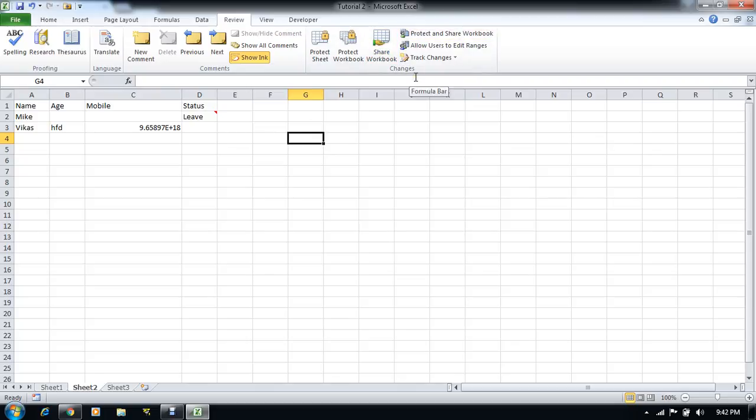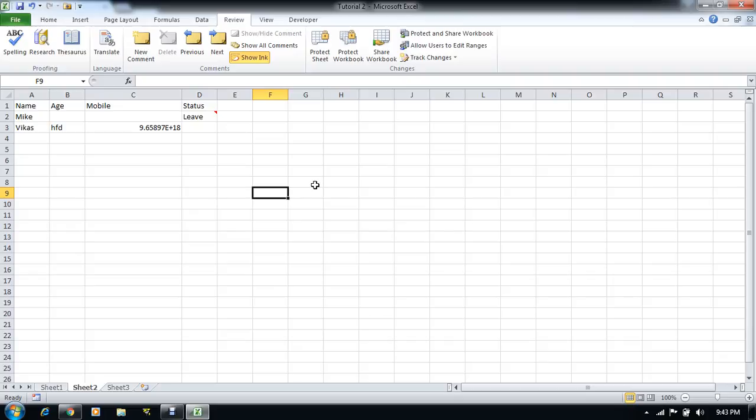These are the changes. Mainly we can protect our sheet so that no changes can be made. For example, if you are sending your sheet to anybody, let me consider a simple scenario: there is a colleague in your company, and you forward your Excel to that colleague, and then you ask your colleague to forward that Excel to your manager.